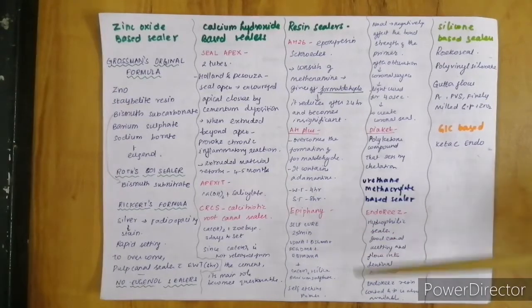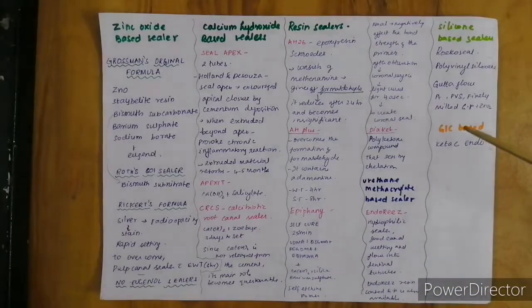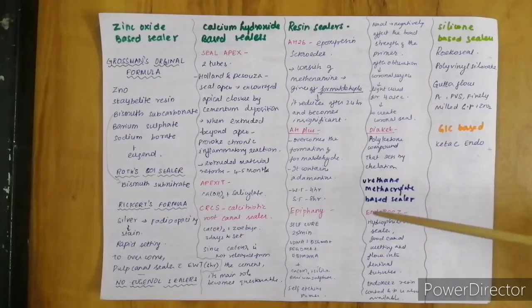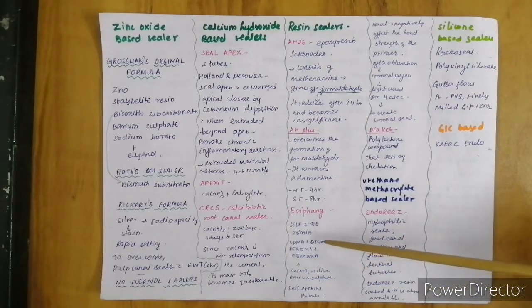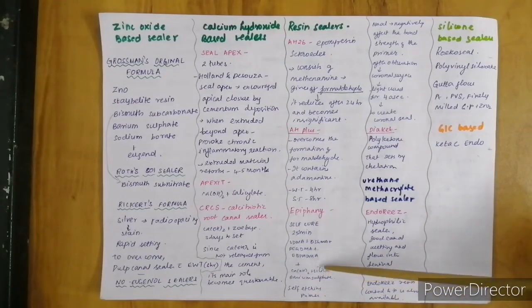Epiphany sealer is the one that we commonly use with Resilon. Epiphany sealer is self-curing, and it usually cures within 25 to 30 minutes. Its composition is completely resin based. When we say resin, the name that first comes to mind is BisGMA. Yes: UDMA, BisGMA, PEGDMA and EBPADMA. These are the composition, and along with that it also has calcium hydroxide and silica. It also has barium sulfate for radio opacity.